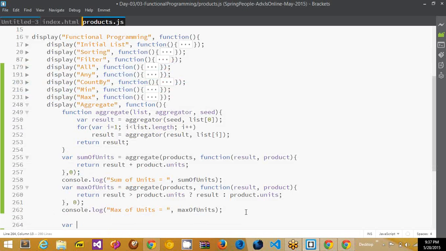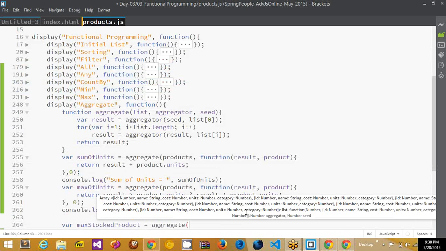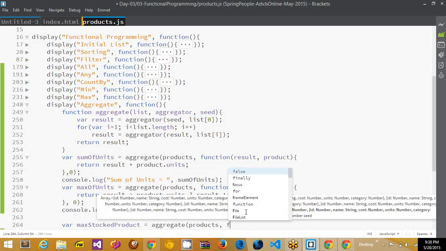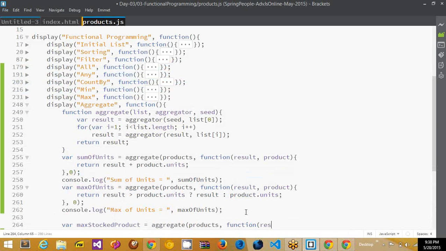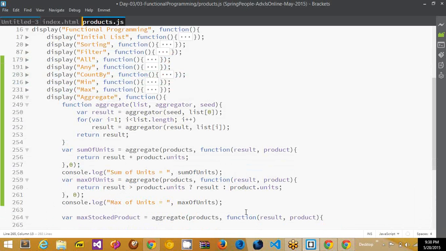So where max stocked product is equal to aggregate of first the products comma a function, you take the result and one product at a time, and comma the seed value is 0, and in this function I will say return if result is greater than product dot units, then